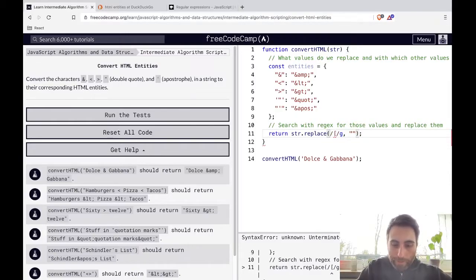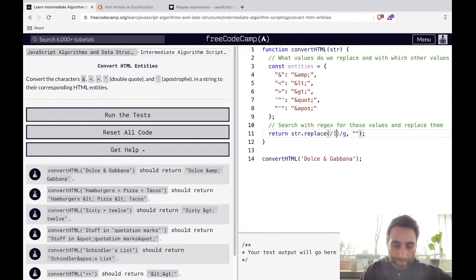We're gonna look for a pattern, and it's gonna be ampersand, less than, greater than, apostrophe, just one apostrophe, and quotation marks.